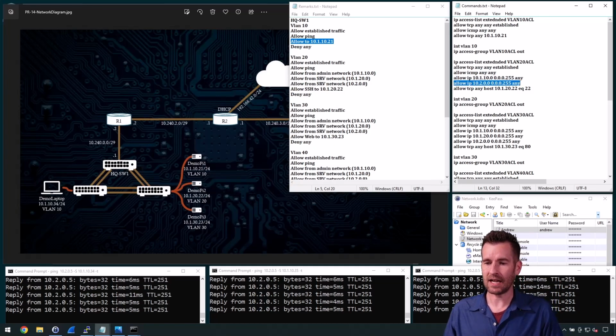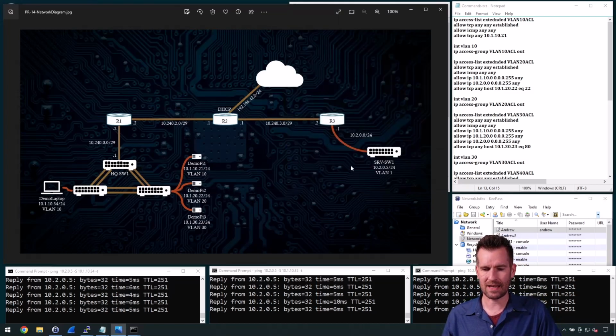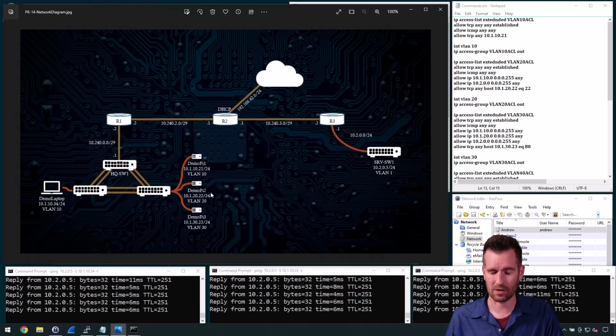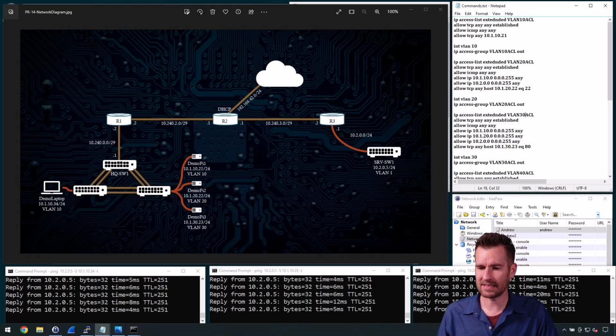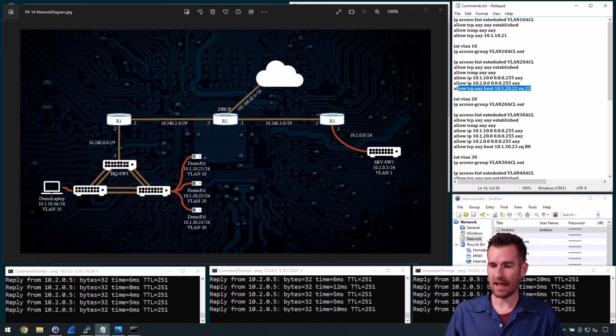And it allows also from this 10.2.0.0. This is from the other side, the server network over here, and it's allowing access in. So it allows that, and then it allows port 22, so SSH access into this host, which is the demo